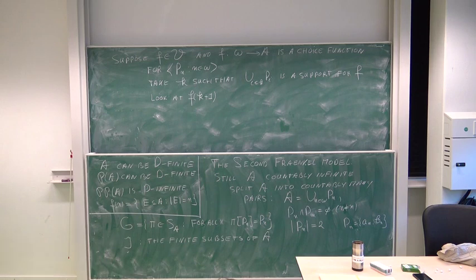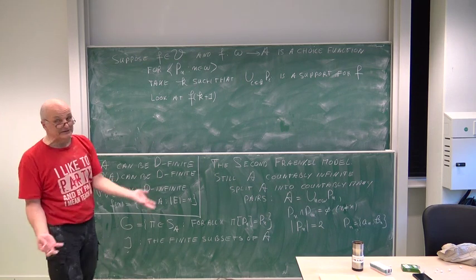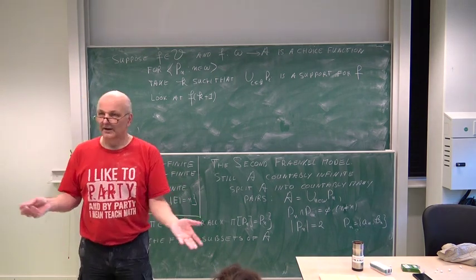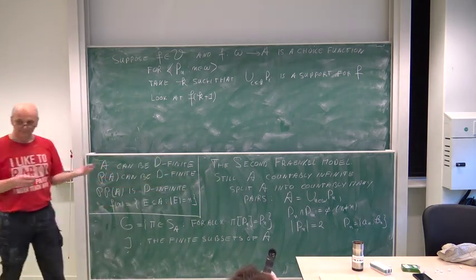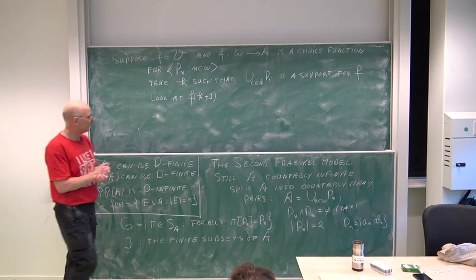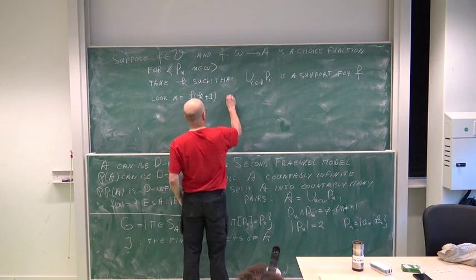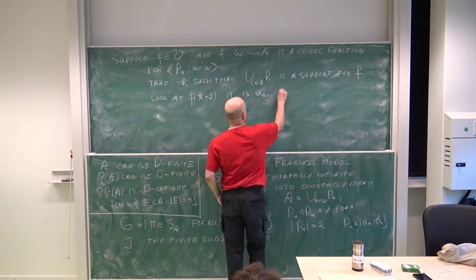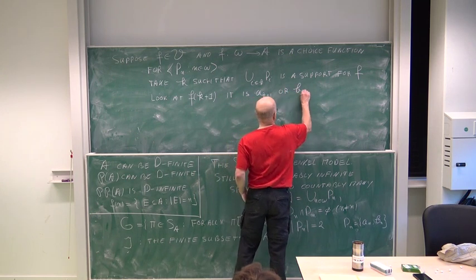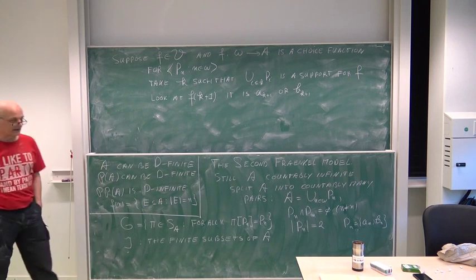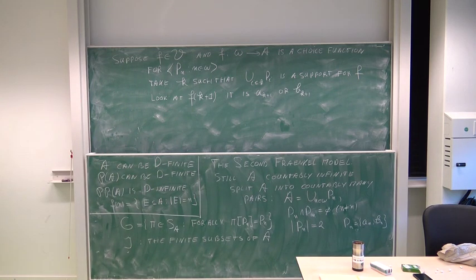What I showed in the previous hour was that actually the range of F is part of its support. But let's do it according to how Fraenkel did it. Look at the value of F at k plus 1. Well, it should be the A_{k+1} or the B_{k+1}.